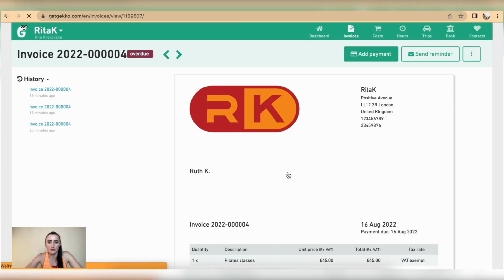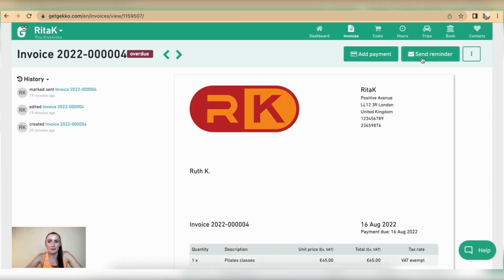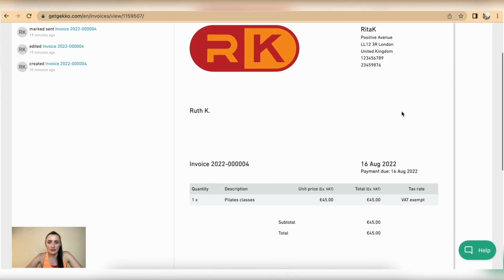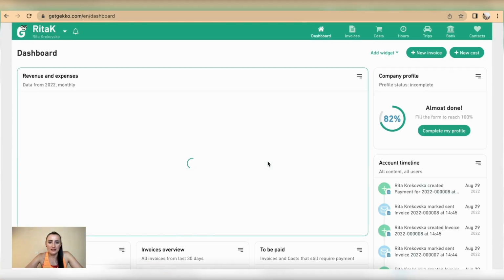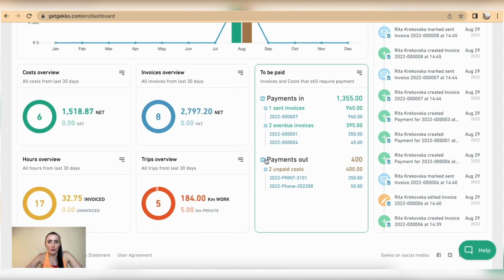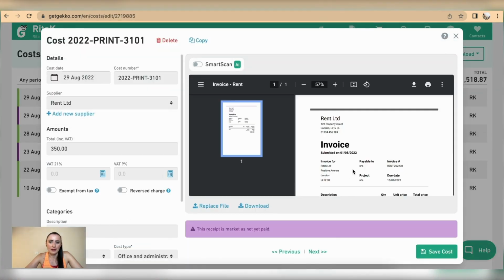If I click on that invoice number, I can actually send a reminder directly if I wish to. These haven't been paid yet. Okay, so the same applies. I can have a look at which invoices I haven't paid yet. So I haven't paid the print invoice. If I click on print, I can see